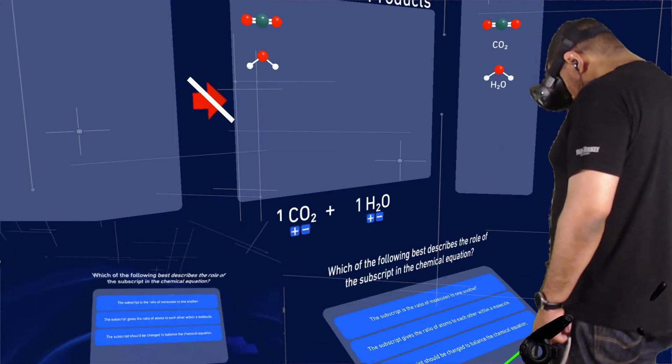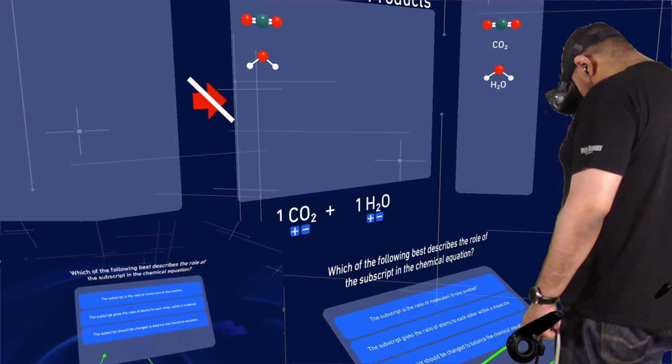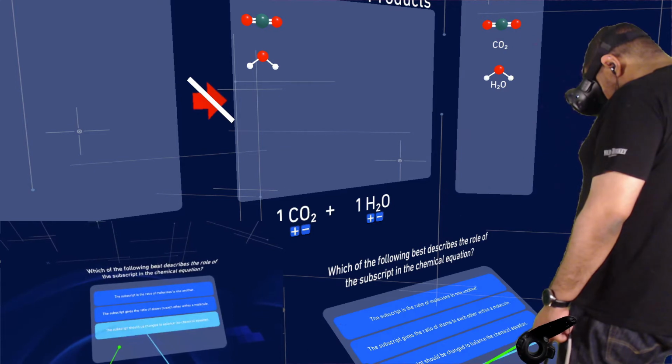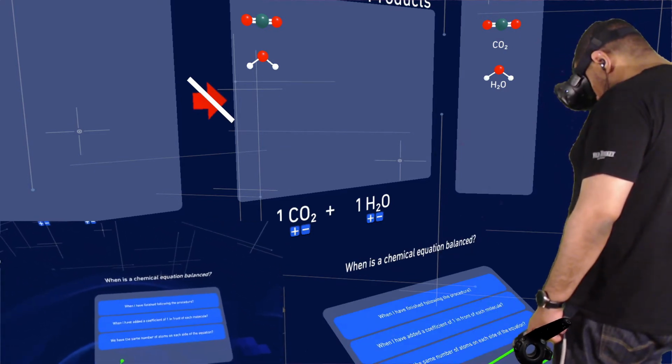Which of the following best describes the role of the subscript in the chemical equation? We know a chemical equation is balanced when